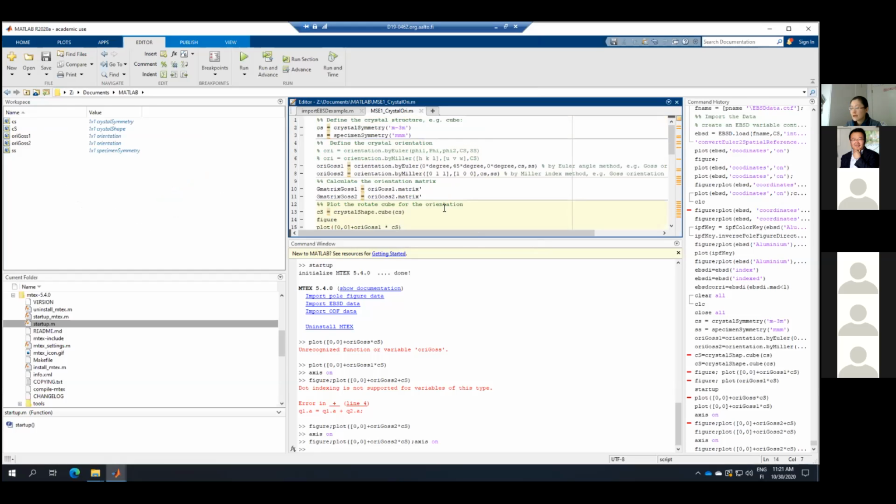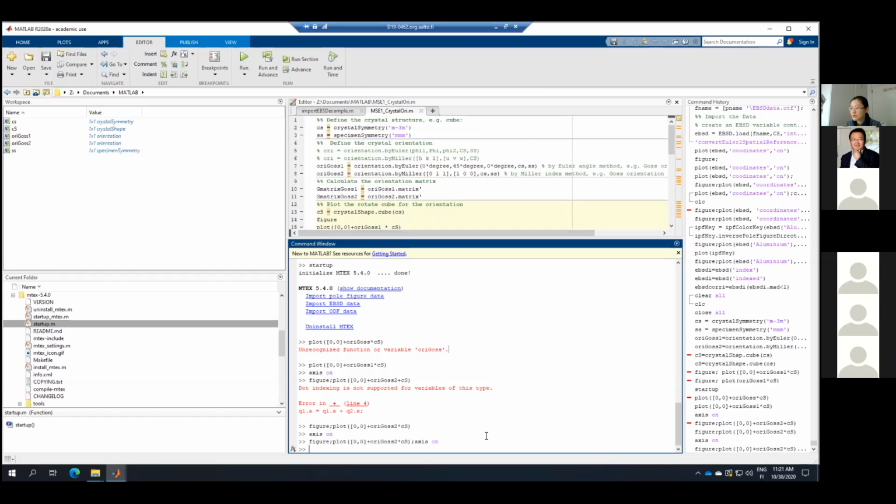And as I said, we can also calculate the orientation matrix by this software. So it's easy to obtain this matrix, like your orientation matrix for Goss. The first one is equal to your